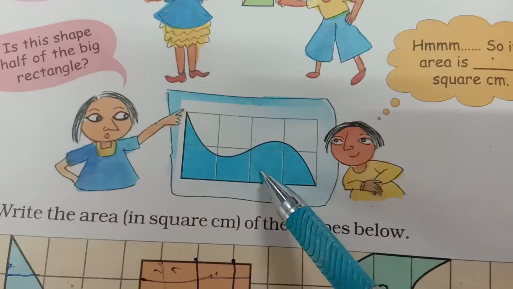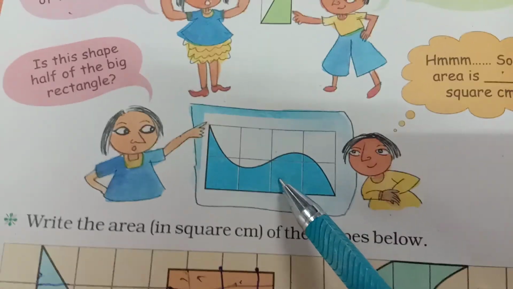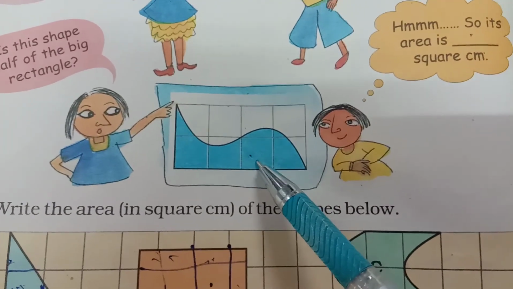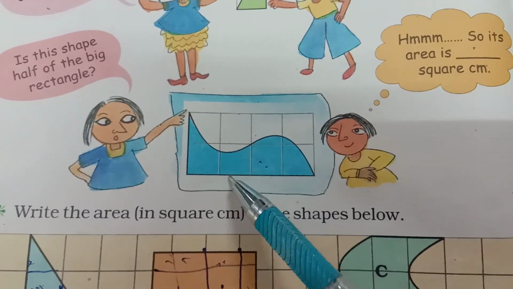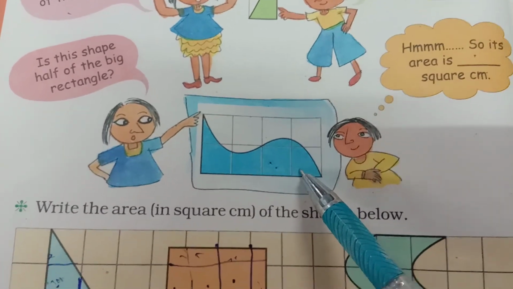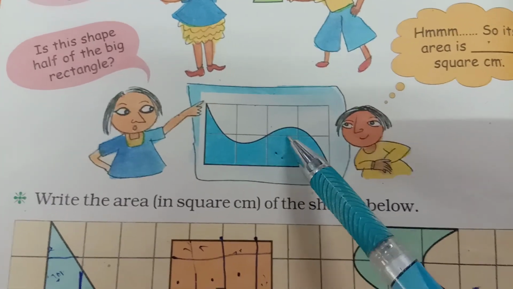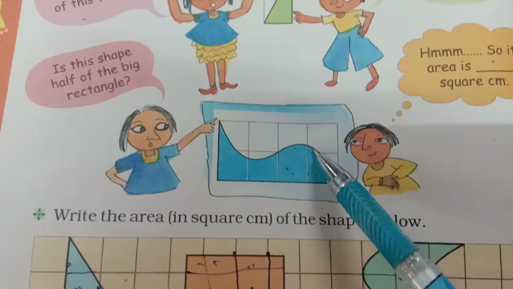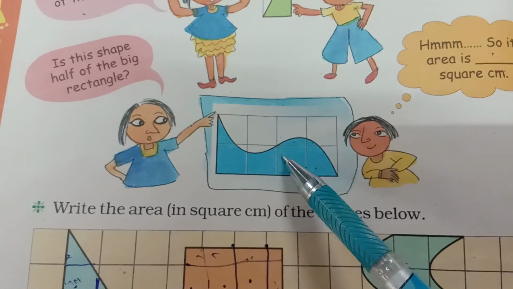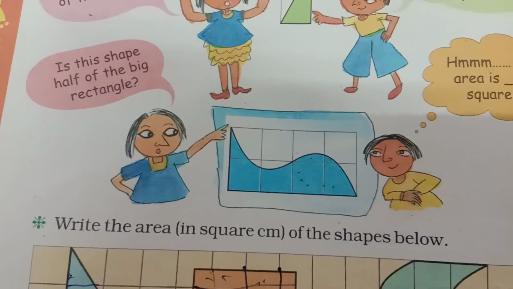Does the shaded region have half the area of the rectangle or not? How can you find it? Again, by using the concept of square grids. This is one completely square, and this is more than half. This is more than half, and here also we have more than half. So now area of these 4 squares will become what? 4 square centimeters. This is less than half, ignore. This is less than half, ignore. And this is also less than half, ignore. So now area of this shape is what? 4 square centimeters, which is half of 8 square centimeters.